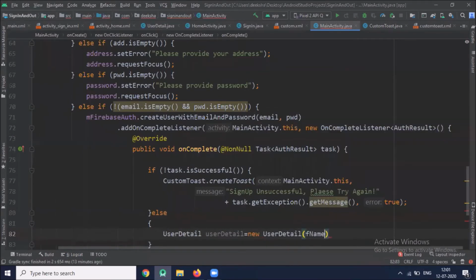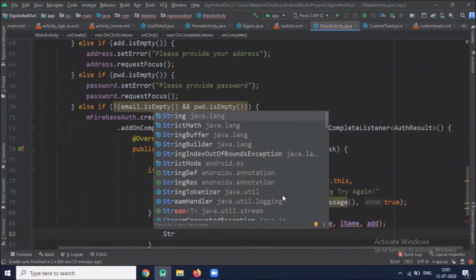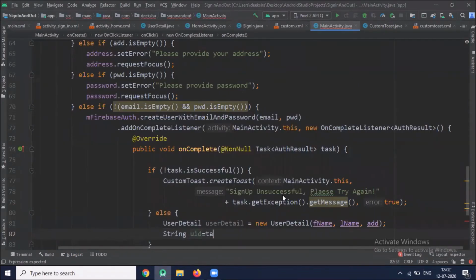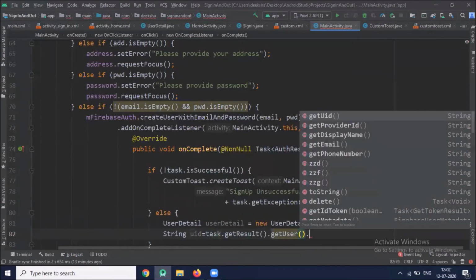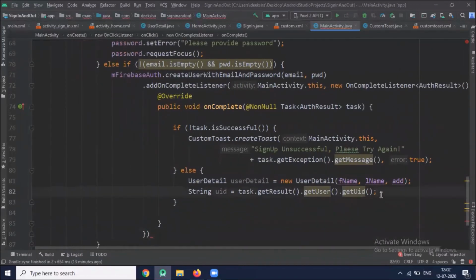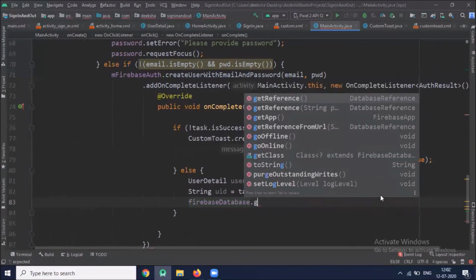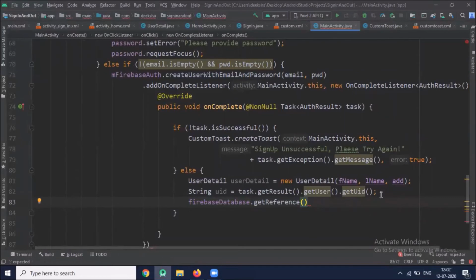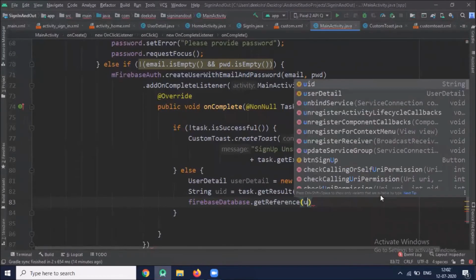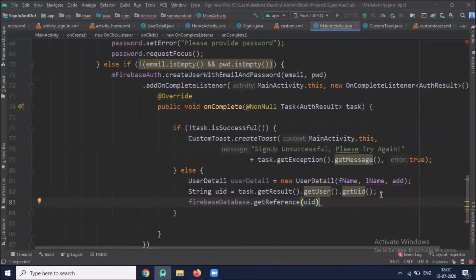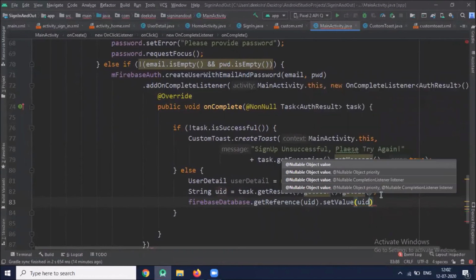Here we pass first name, last name, and address, and create one user ID. Now save the details in Firebase database. So here we use Firebase database dot get reference, and in get reference we pass UID and set value user details,